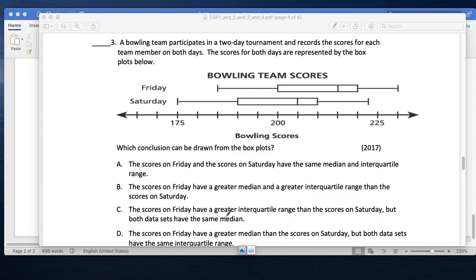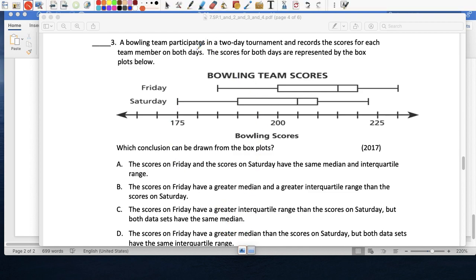Here's the bowling scores, and again, we'll do this next week. But you get an idea. The one thing I've mentioned before is that a box plot divides your data into quartiles, right? So it's divided into 4 parts. That's 25% of your data, that's 25%, that's 25%, and that's 25%. Right?